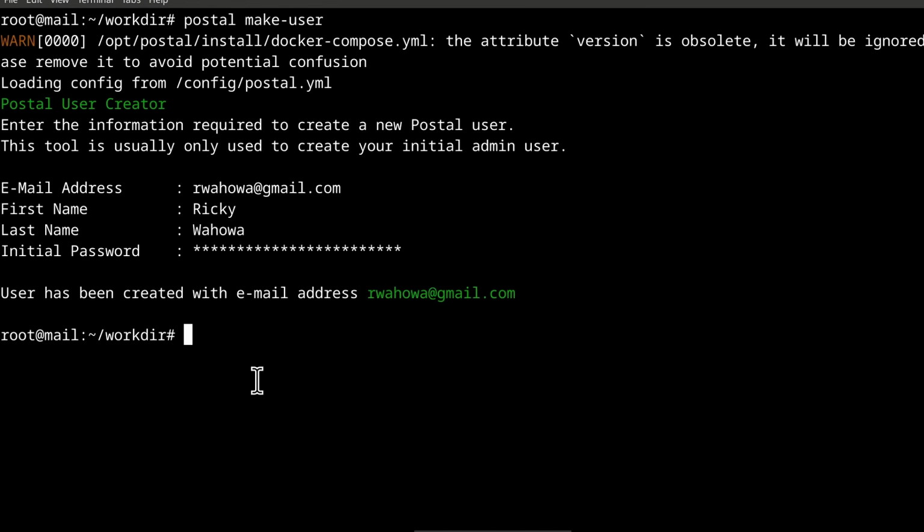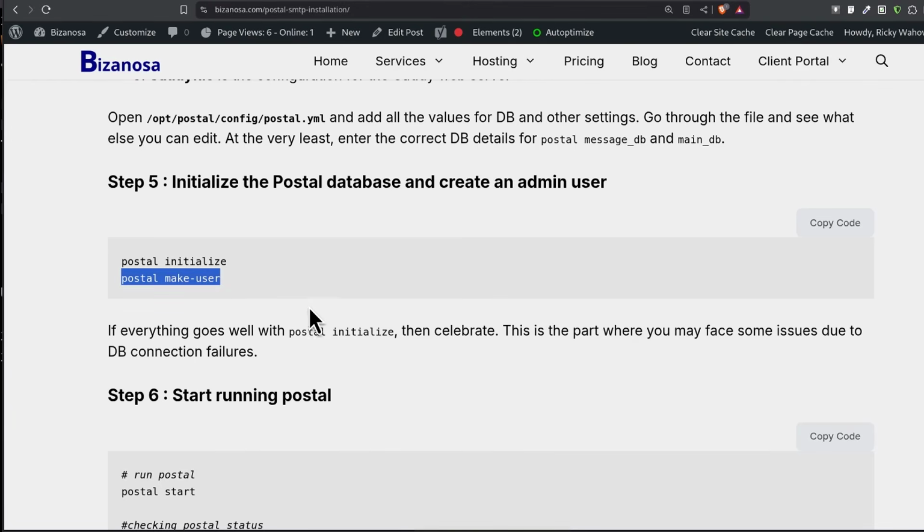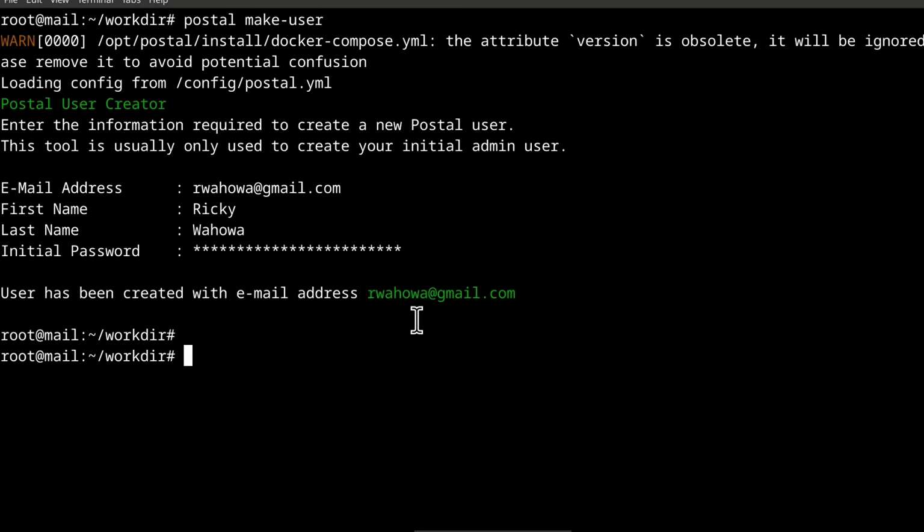Now you're ready to log into your front end, but unfortunately you won't be able to if you did things the way I've just done it. And that is because I haven't changed something that's important. I need to edit the Caddy file. So opt postal config. We've been editing this, but I need to edit the Caddy one. So if I do Control R to search for some of the things I've edited, vi postal, yeah, this is the one I need. So you can just do Control R to search. And here I want to edit the Caddy file. Tab.